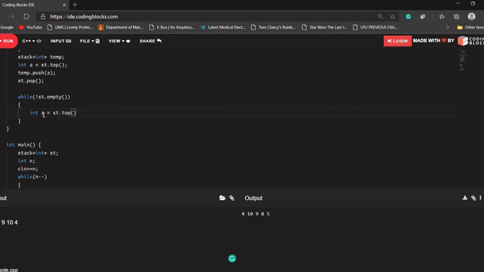If st is not empty, that means there are some elements at the top of our stack. So let's store that into a variable v. We have stored that value into the v variable, and I'll pop that element from here only.